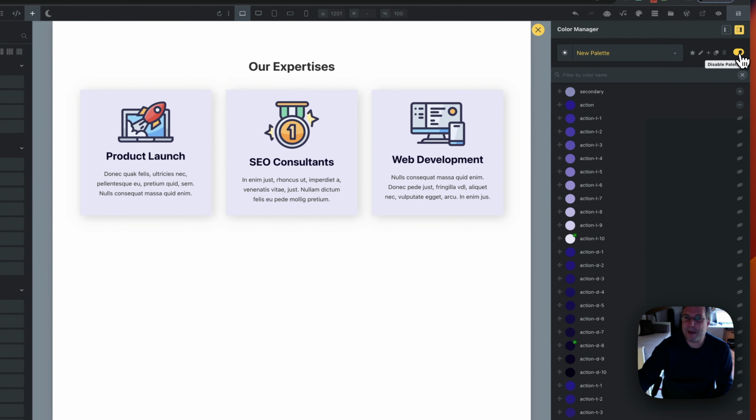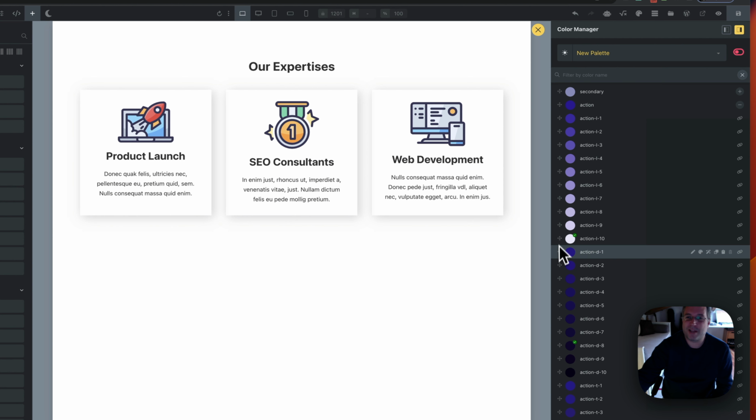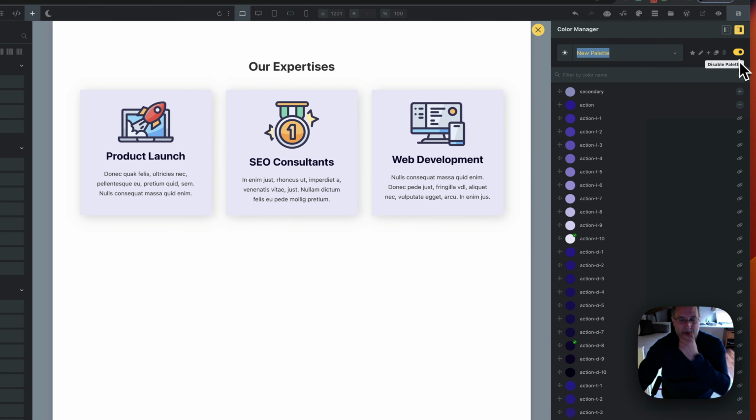Okay, I wanted to show you the disable palette. If I disable my palette, all the colors generated from the color manager will be disabled. So you see, you don't see any color. So you can, at any time, you can enable, disable palette. And it makes sense if you want to test different palettes, have the same variable name, and see which one works. So if we, for example, if we duplicate,